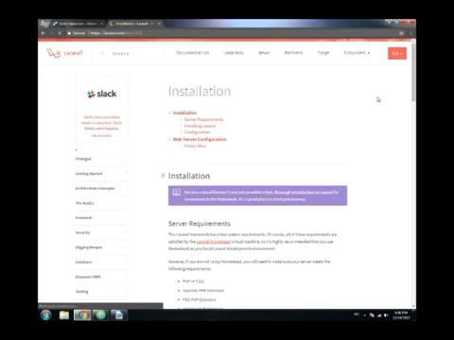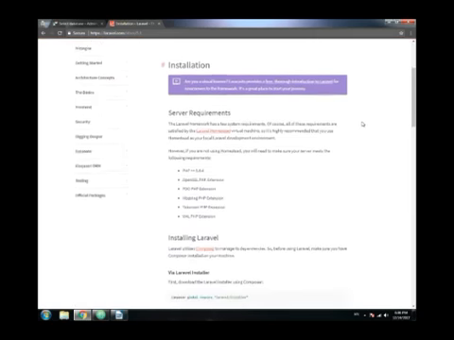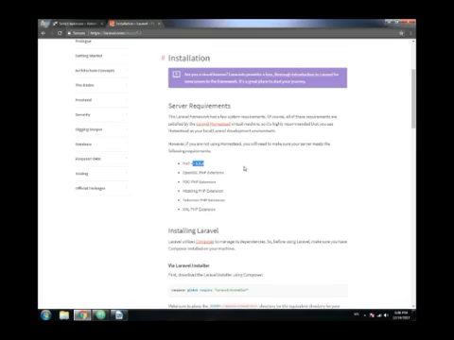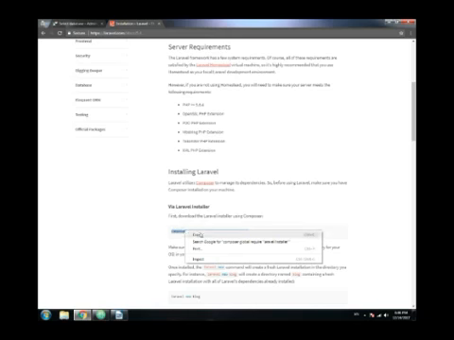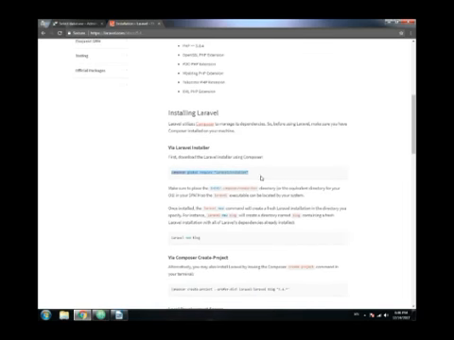I switch to the 5.4 Laravel version, and here I find 5.6 PHP version. It's okay for me. I continue with that, and I skip to installing instructions, and I copy the composer command,